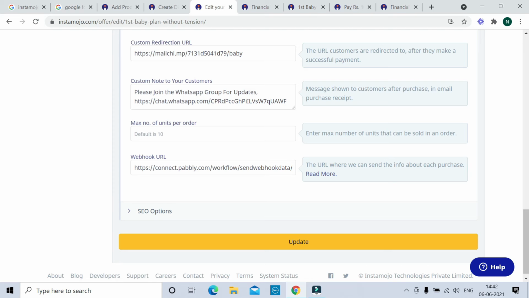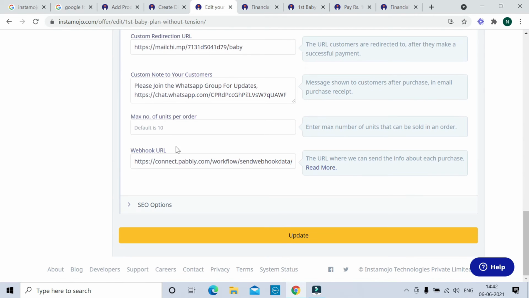Once they make payment, they will get a message like this, and they will get the WhatsApp group to join. And webhook URL. In the last part I was talking about webhook URL. The webhook URL is very important, because suppose you want to take data from Instamojo to your email automation software, you have to link it this way.